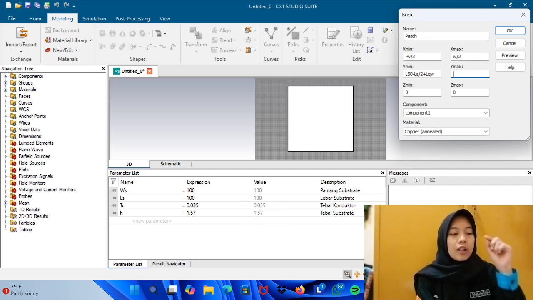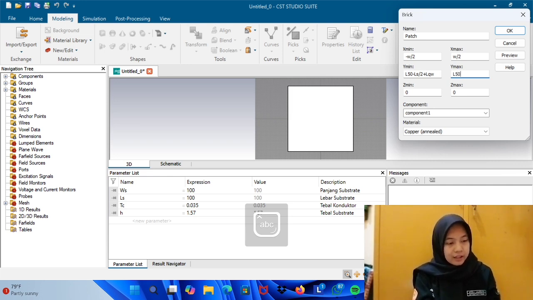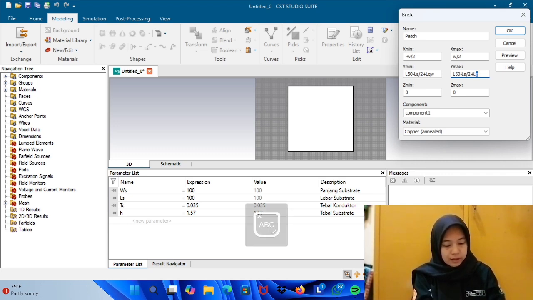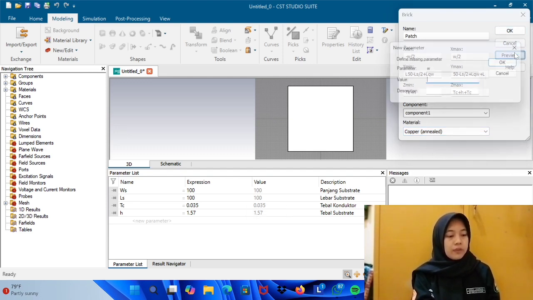For Ymax, L50 minus LS/2 plus LQW plus L. For Zmin, L, not LS. Zmin TC plus H, and Zmax TC plus H plus TC. For material, copper enable. Preview.